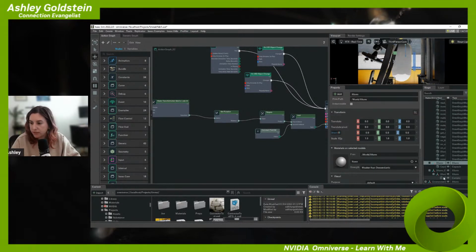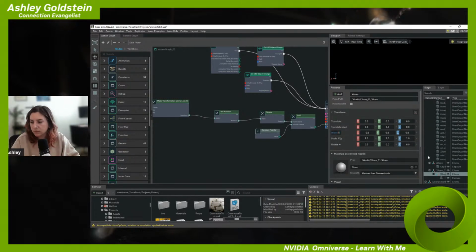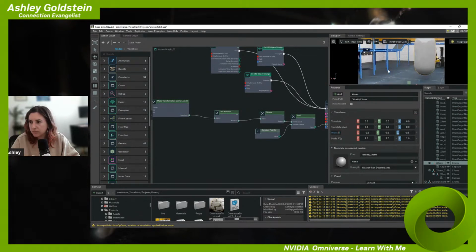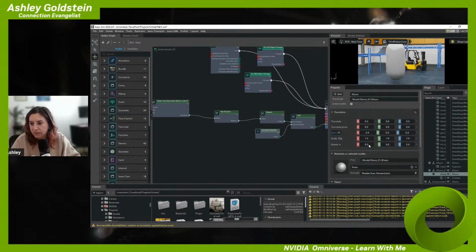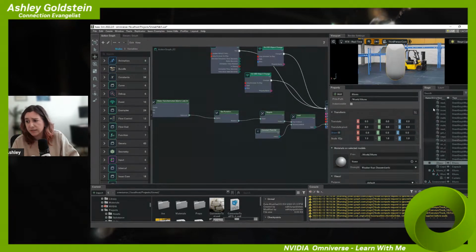Oh, now I'm upside down again. Okay, that's strange. I don't know why. This is supposed to be rotated 180 degrees on the X since my Z is up, but I guess I don't need to do that. I needed to do it last time. Not sure. Okay, so when we press play,